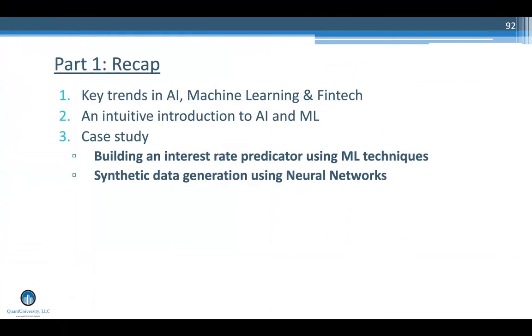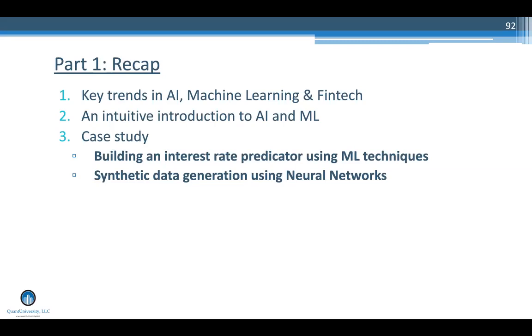I think we have 10 minutes left, so let's start wrapping up. In today's session, we did it in 3 acts. In the first part, I focused on the key trends in AI and machine learning and what they mean in the context of fintech. In the second part, we went under the hood and understood the whole pipeline, or what it actually means to build out a whole machine learning application. We talked about the various stages and how you would take the data from raw data to pre-processing, to feature engineering, to building a model, to choosing the right kinds of algorithms, to doing performance evaluation,